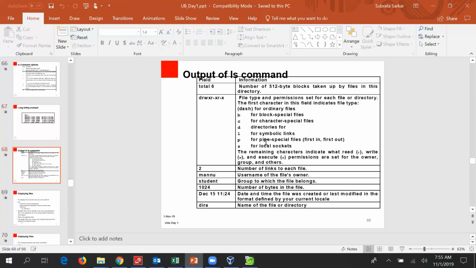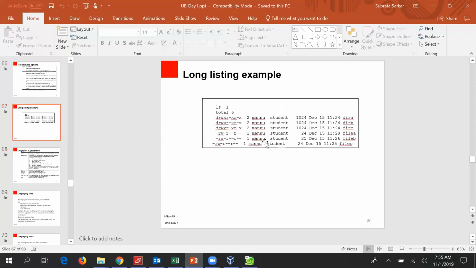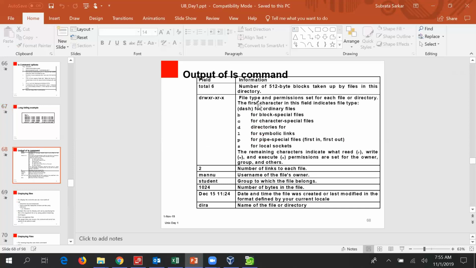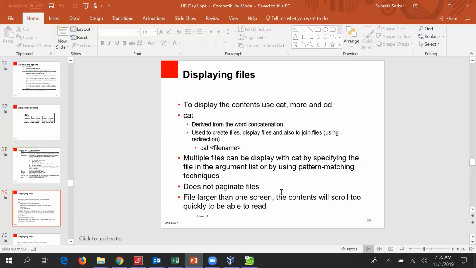Two is the number of blocks taken up by the file. So this is the output, and this you can see is the explanation of the ls -l command.